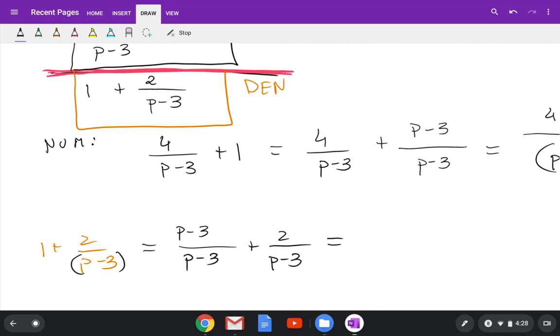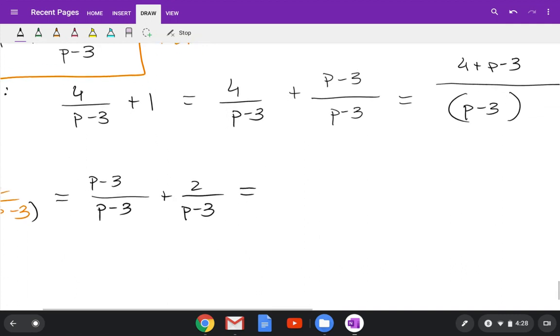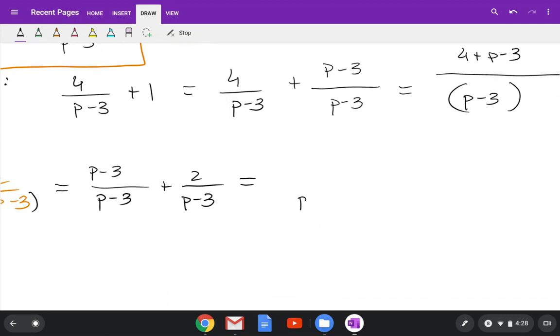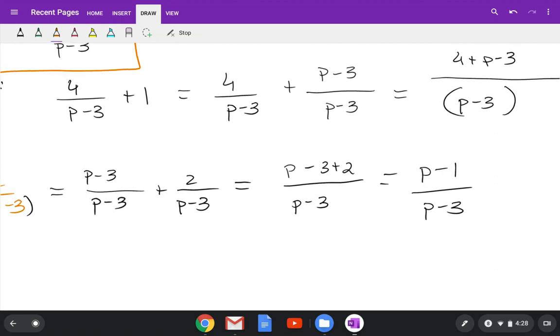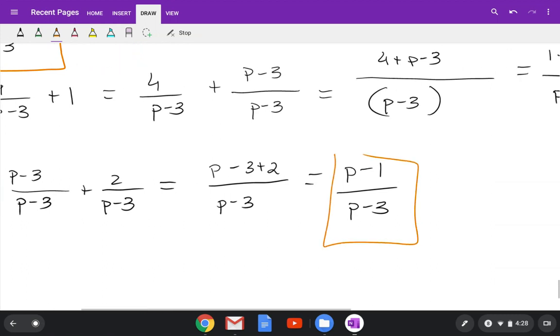So now we have the same denominators, so copy the denominator once and add numerators. So we have p minus 3 plus 2, and that will give us p minus 1 over p minus 3. Okay, so this is the denominator